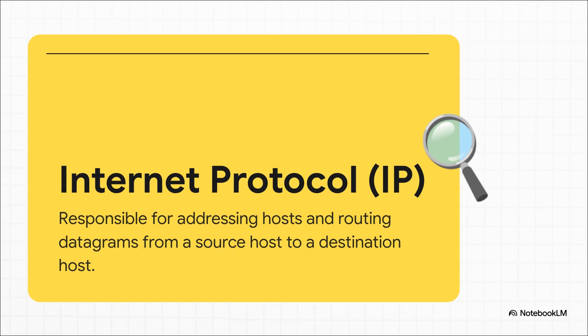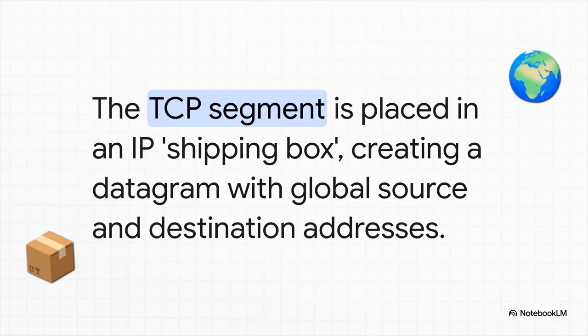If TCP was our meticulous postal clerk, then IP is the massive, worldwide postal service. IP couldn't care less what's inside the package. Its one and only job is to get that package from the source IP address to the destination IP address, wherever it is in the world. And to complete our package, that TCP envelope we just sealed is placed inside a bigger IP shipping box. This box is what gets labeled with the final from and to addresses, our IP address and the server's IP address that we got from DNS. This fully packaged unit has a technical name, an IP datagram, and now it is finally ready to travel the